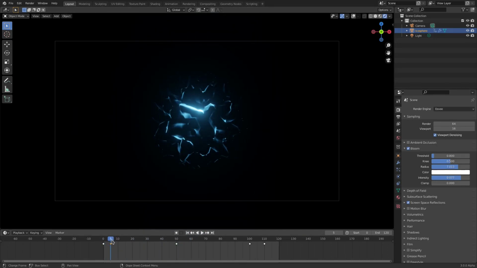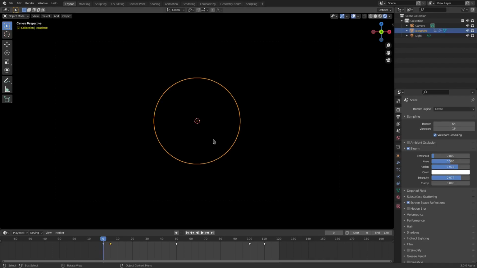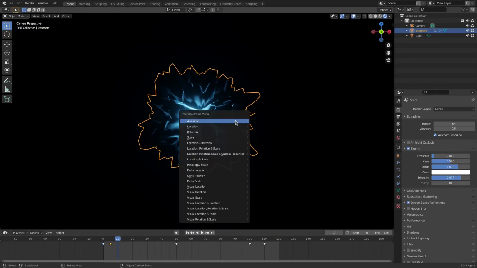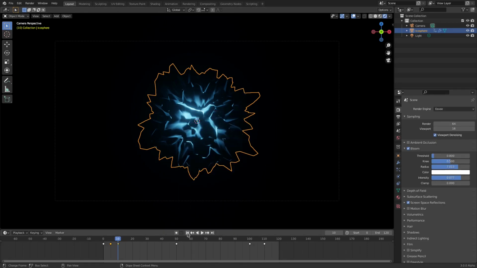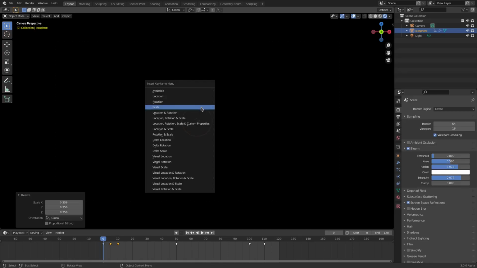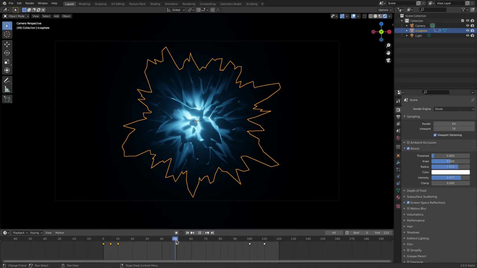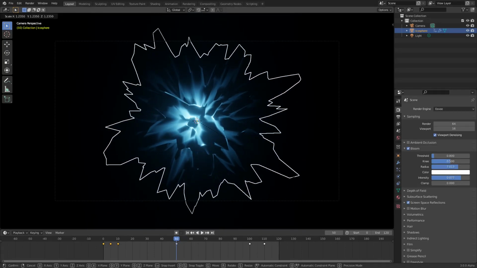So we'll go ahead and scale it a tiny bit. On frame 0, I want to have it not all the way scaled down. On frame 10, it'll be about that size. So hit scale. Then on frame 0, we'll put it all the way down to there. Hit S to scale. Hit I to insert the scale keyframe. And then it kind of goes like that. Boom. And then on frame 50, maybe it gets a little bit bigger.